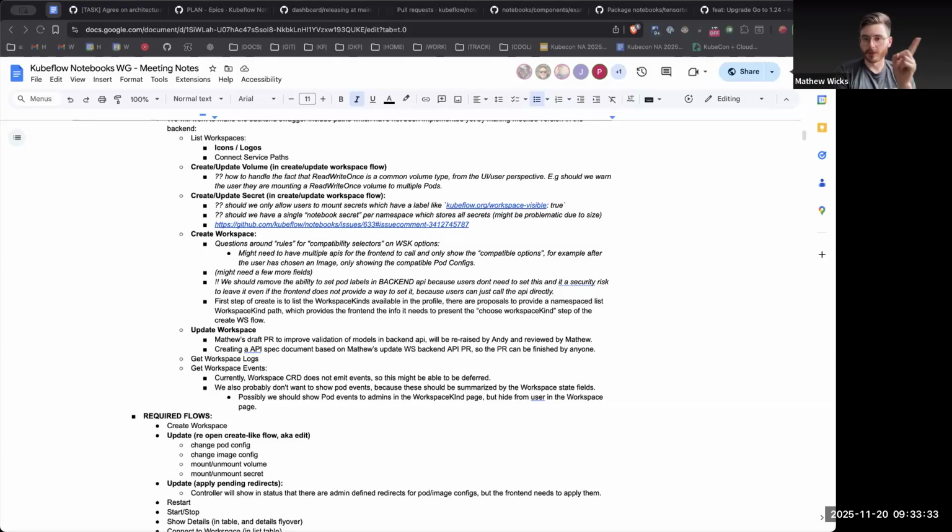Yes, but what I'm saying is, how do we indicate whether you're allowed to list all the workspace kinds in the cluster? If you don't pass the namespace query parameter, then we check to make sure you have the list workspace kinds permission in that case. Right now, I think everyone does. So we need to remove the permission to list workspace kinds from user bindings. That's kind of what I'm saying. That's fair. Currently everyone has that, I believe. Yes, sorry, that's a good point. I'll make sure the implementation ticket has that note.